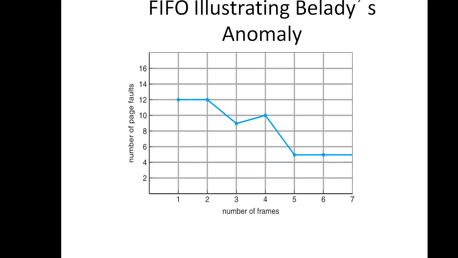Okay, so we can notice that the number of page faults for 4 frames is almost equal to 10. Page faults is 10 for 4 frames, which is greater than the number of faults for 3 frames. At frame number 3 we have a little less, you can consider it as 9. So the page faults will be 9 at frame 3 and 10 at frame 4, which is called Belady's anomaly, which means that as we increase the number of frames, there are chances that the number of page faults also increase.